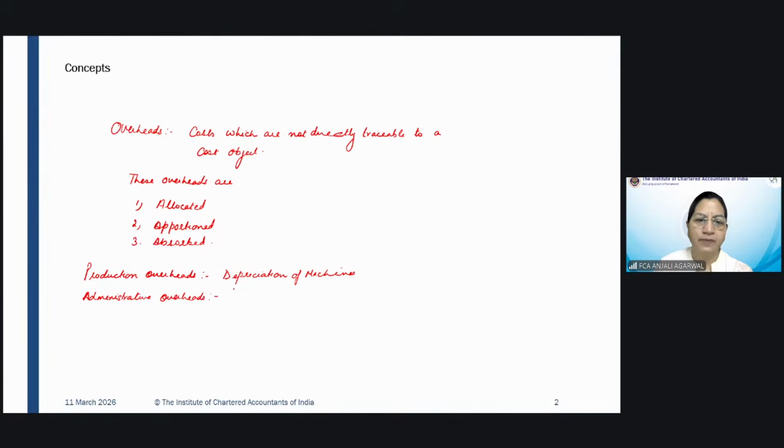For example, the depreciation of office building, or furniture, the legal costs, auditors' fees, printing, stationery,